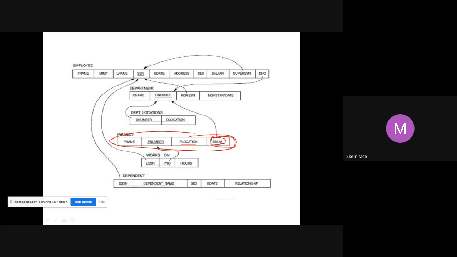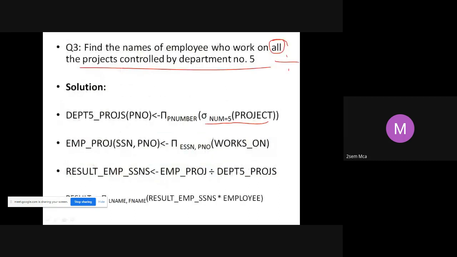Which means I am trying to retrieve all the projects which are controlled by department number 5. That is what I am trying to do here. Wherever this should be dnum, wherever dnum is equal to 5, pull out those projects.